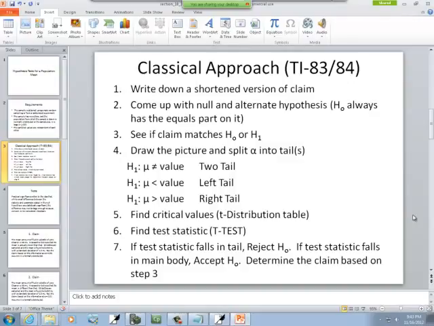If the test statistic falls in a tail, we'll reject H0. If the test statistic falls in the main body, we'll accept H0. And determine a claim based on step 3. Now, I like to use the words accept and reject, but most books will use